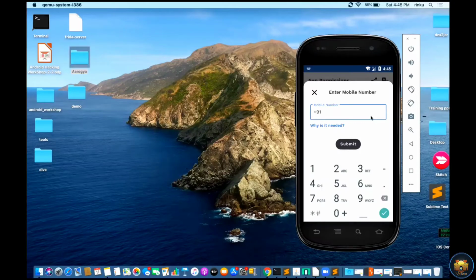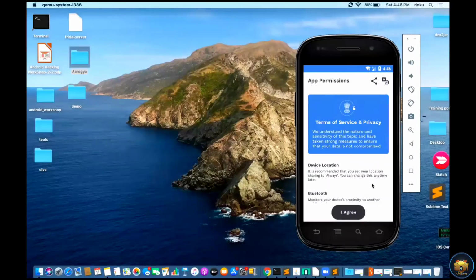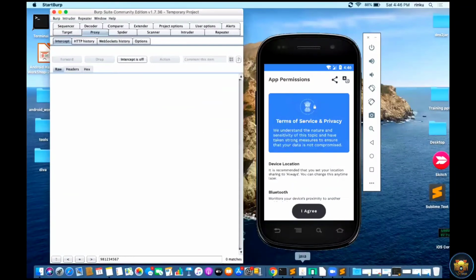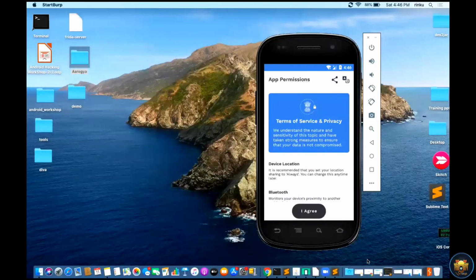So this application actually uses a Bluetooth device and a GPS device. In the emulator, Bluetooth is not present by default, so I cannot register here to show you further. So next, move to another section. If you have any doubt, you can ask at the end of the section. I will reply to you.